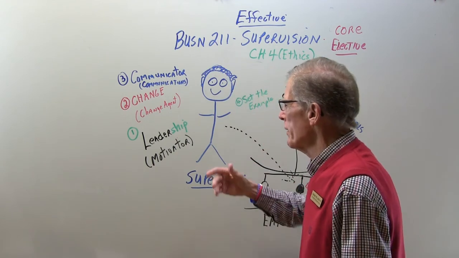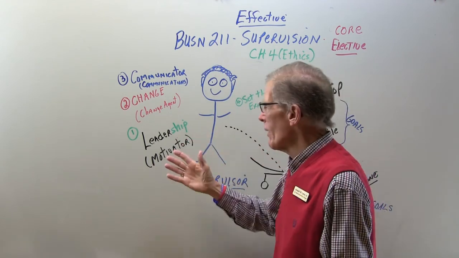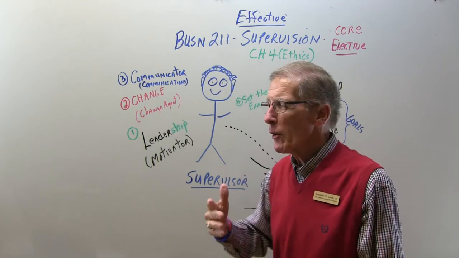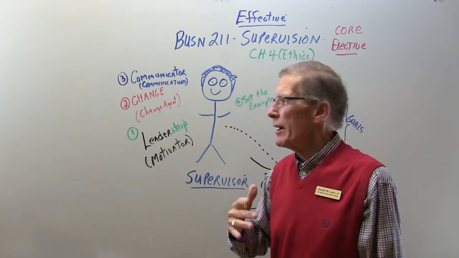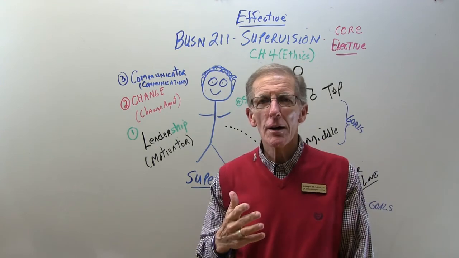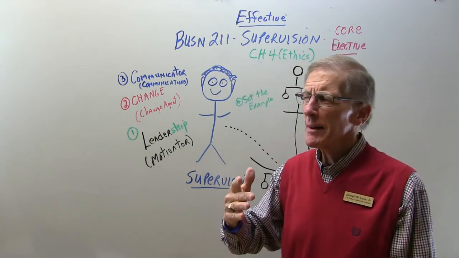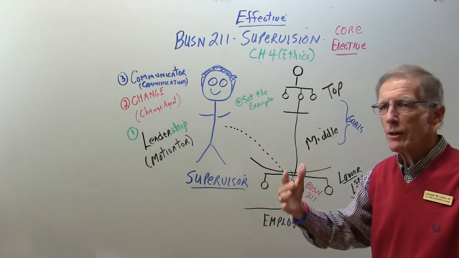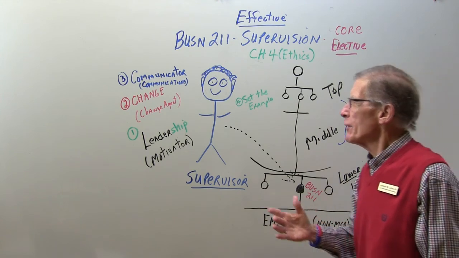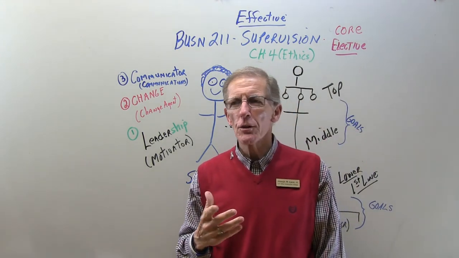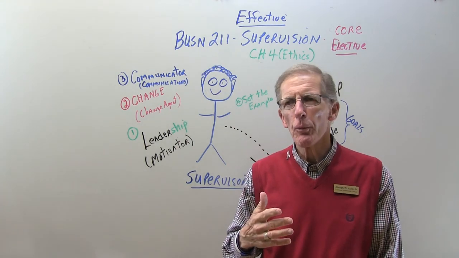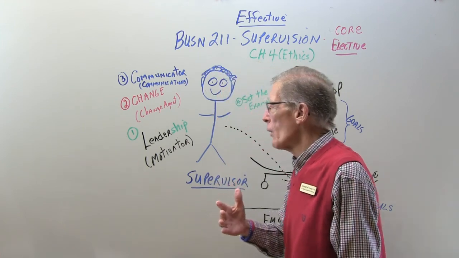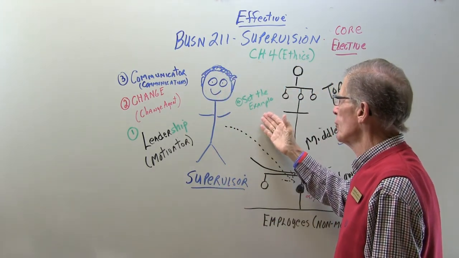In Chapter 1, we looked at the supervisor as a leader, a motivator, having to have influence. And we talked a lot about that, especially leadership. In Chapter 2, we talked about the supervisor having to be a change agent. Sometimes they might not even like that change, but they're a part of management, and it's their responsibility to bring that change about in their department. In Chapter 3, we talked about the importance of communications. As a matter of fact, our author said communications was the most important skill that a supervisor could have. Chapter 4, we're talking about the supervisor setting the example